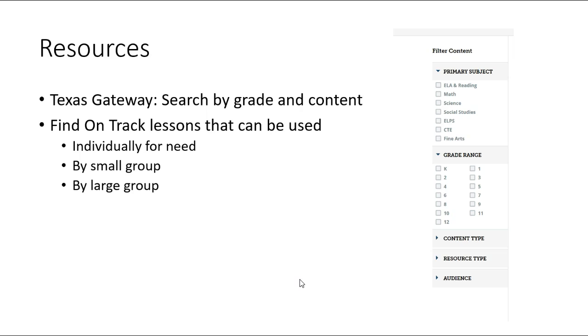But for example, if you look up persuasive writing for 10th grade, there might be 16 different lessons, and you would pick and choose the ones that the kids need. So if they need help with thesis, you would go with that lesson. If they need help with choosing good evidence, you would go with that lesson. And so there's a lot of different choices for those.